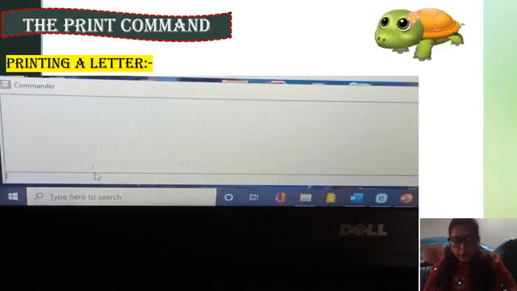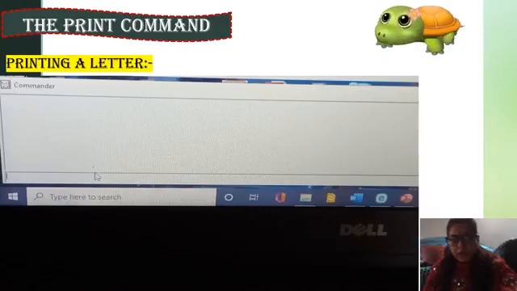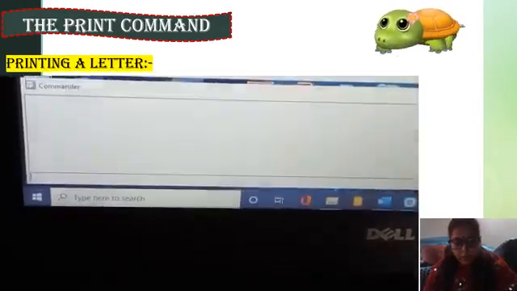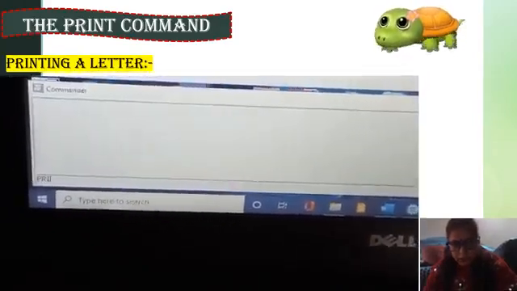For that, you have to first open the Logo commander window. See, this is our Logo commander window. In the Logo commander window, you have to type in the input box here. You can see the cursor.